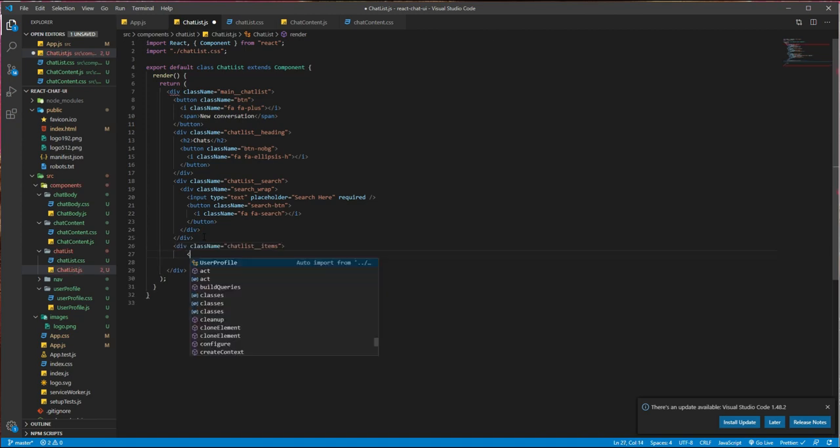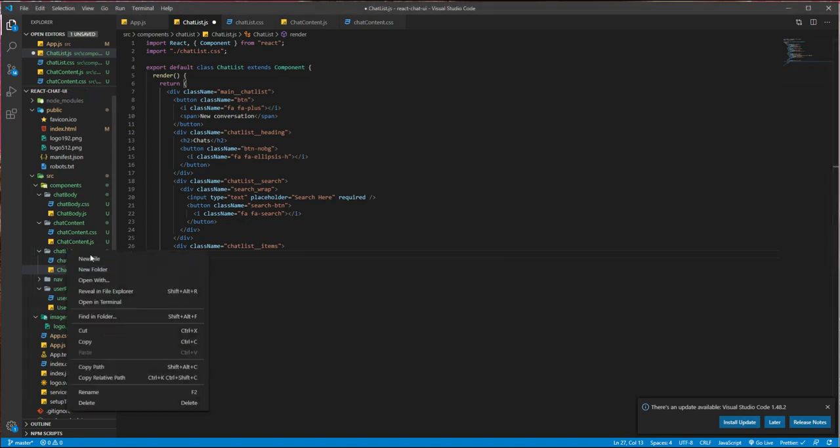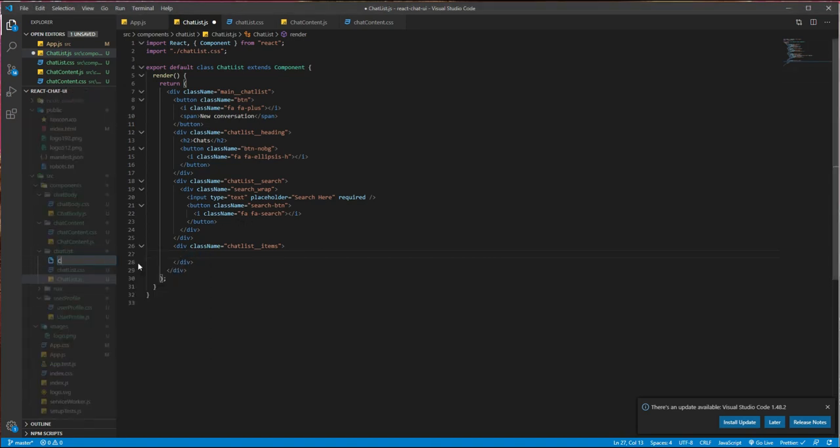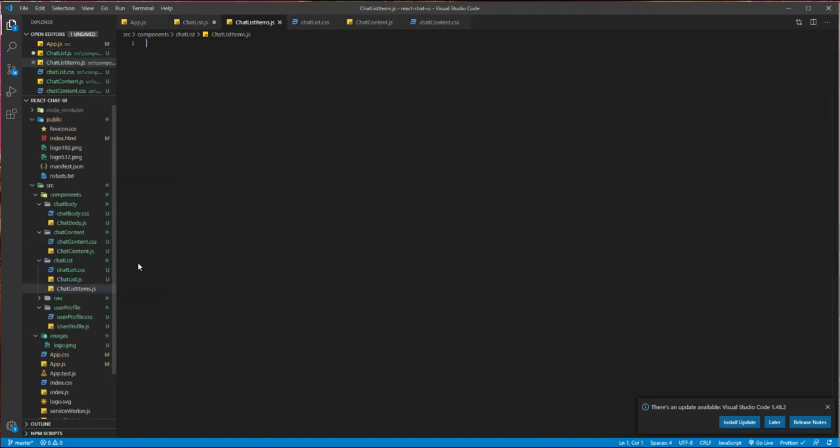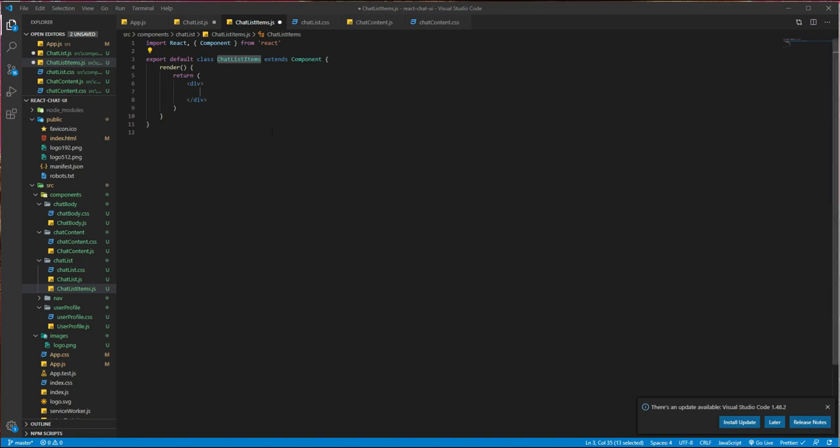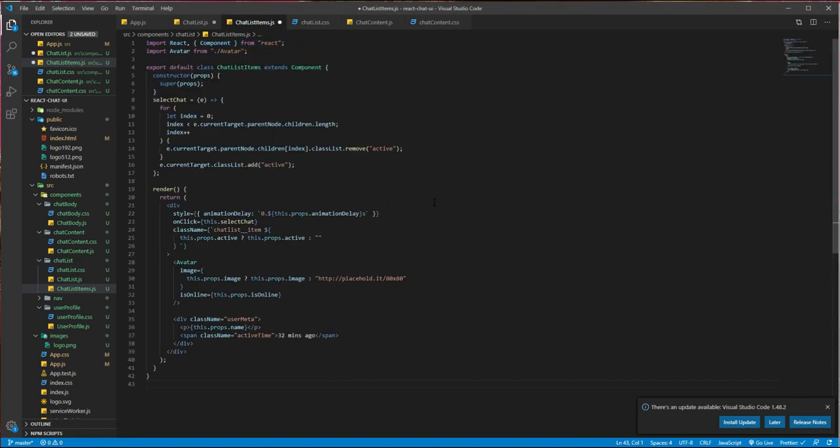Here we will write all the list items. Create a new component called chatlistitems.js. So this is the boilerplate for chat list items, and what will be here is this.